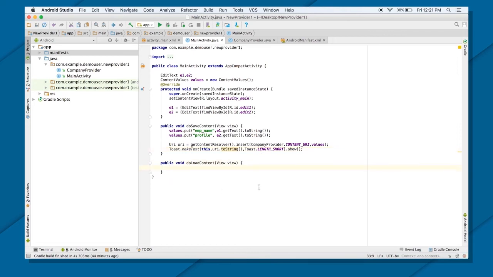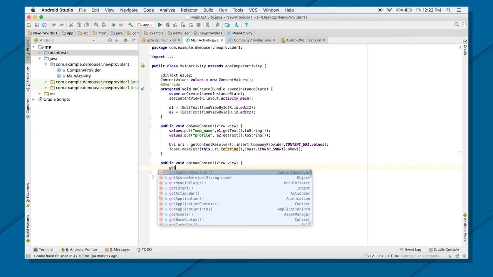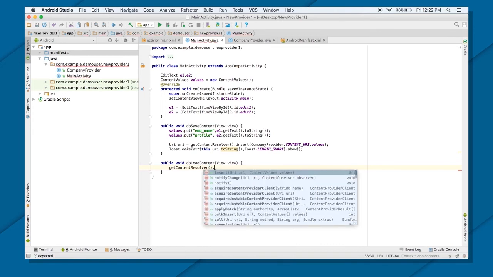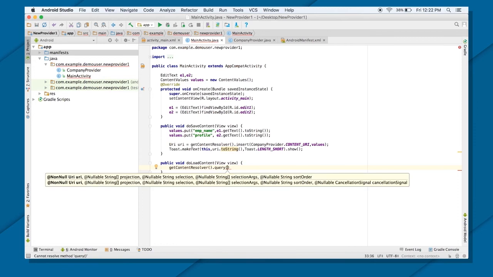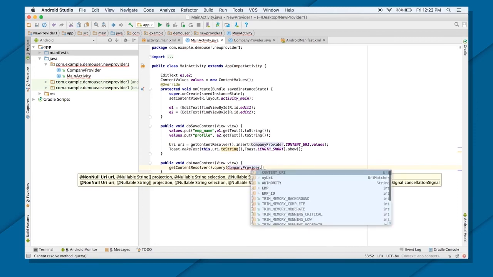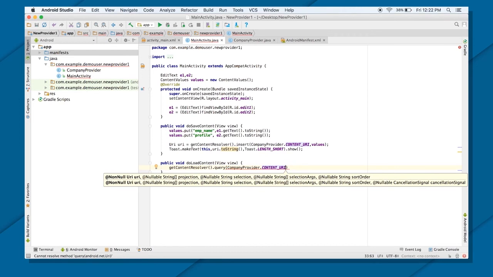So next we're going to see how exactly we can load the data. For that, I will again do what? I just need the access of my content resolver dot query. That's what I'm going to do, right? Query. But first you need a content URI again, so I can provide dot content URI. Second is your projection. You don't need any projection. I'm gonna get everything here.